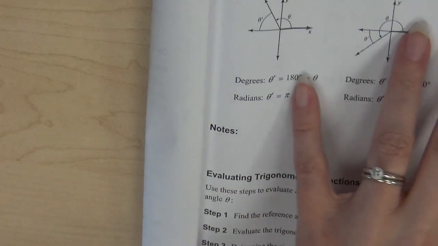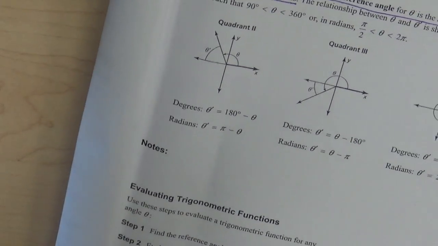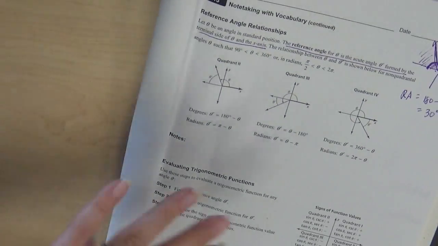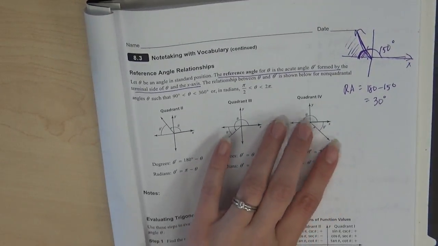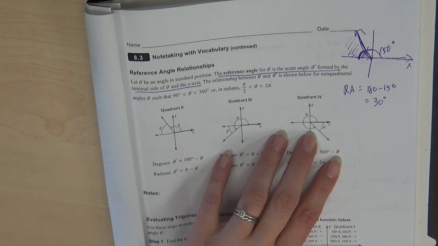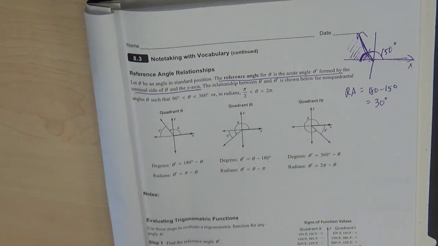Once you have a reference angle, like we did up here, you can evaluate the trig function for that reference angle without having to use these big numbers. But you have to be very careful about the sign that your final answer is going to be, whether it's going to be positive or negative. So,